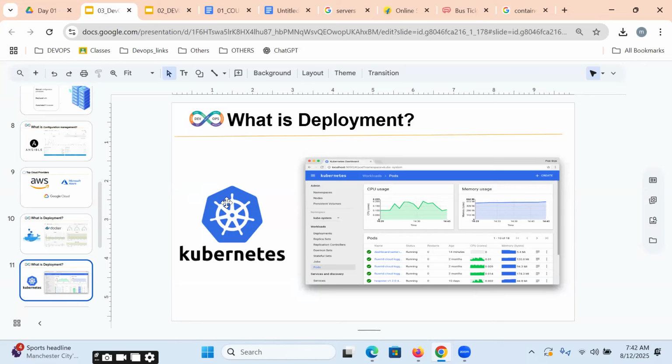Kubernetes is an orchestration tool. With the help of Kubernetes,